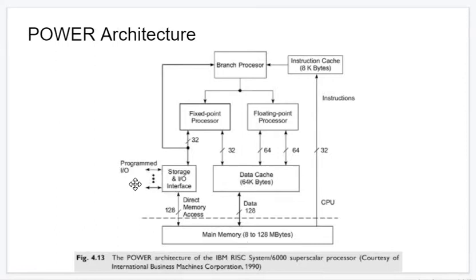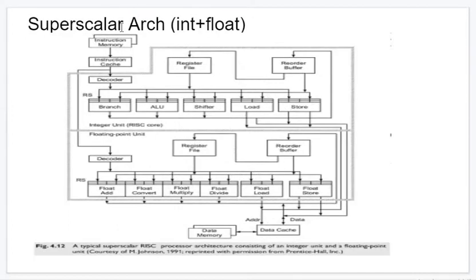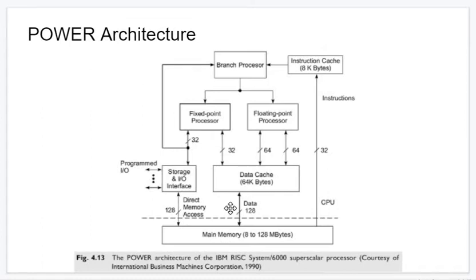If data is not supplied by the user, it may be present in the memory. First fetch, then identify whether it is a float or integer. If it is integer, left side. If it is float, right side. Perform the operation and give back the result. Like this the POWER architecture of the IBM computer was working. Okay, so both are similar. It is also superscalar and this is also a superscalar processor. So they attained a slightly different architecture by their own development methodologies.